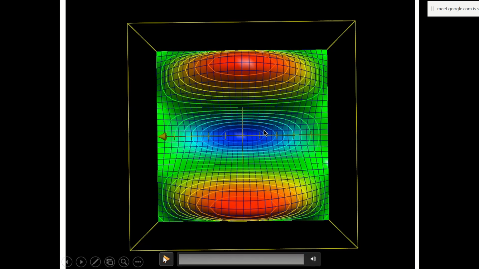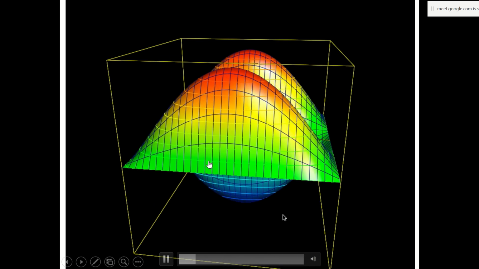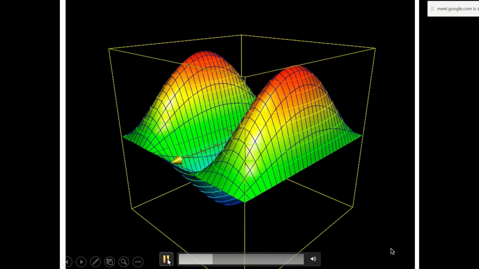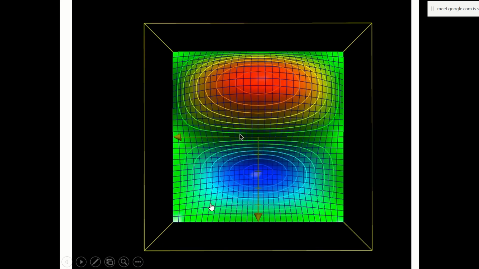3 1. So here you see x and y. If n1 is equal to 3, there is a rise and a fall. Here is a node, and you have another node appearing over here. So along the x direction you have 3 nodes, and this is what we see here. And along y,